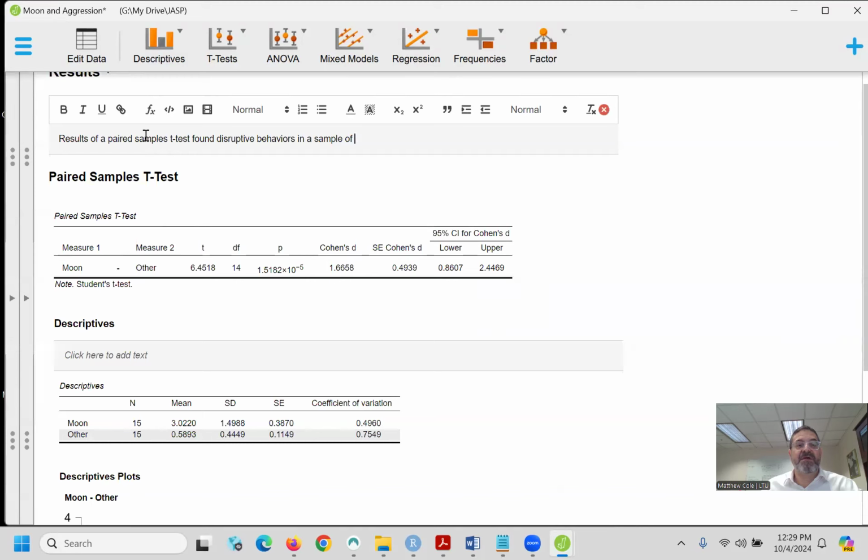We might want to say results of a paired samples t-test in a sample of 15 dementia patients found significantly